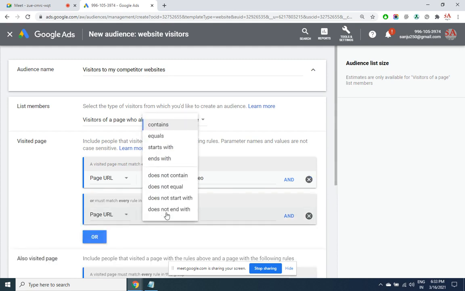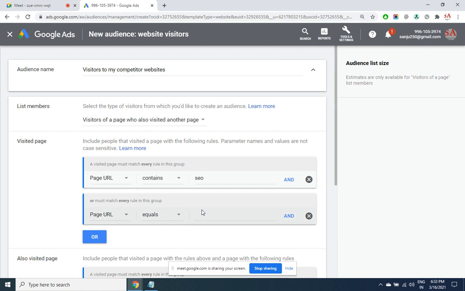Even the web pages which are exactly matching seosanjay.com. Like that you can give multiple pages.